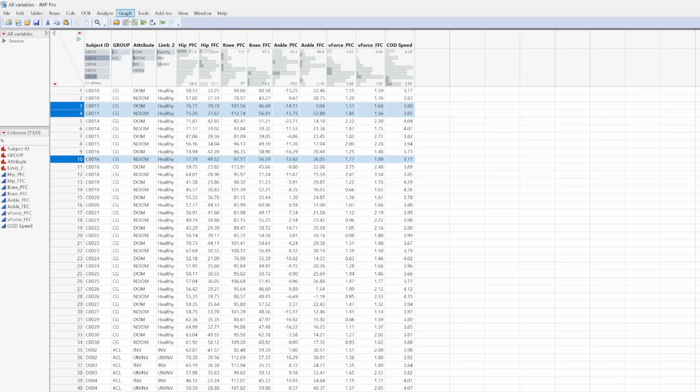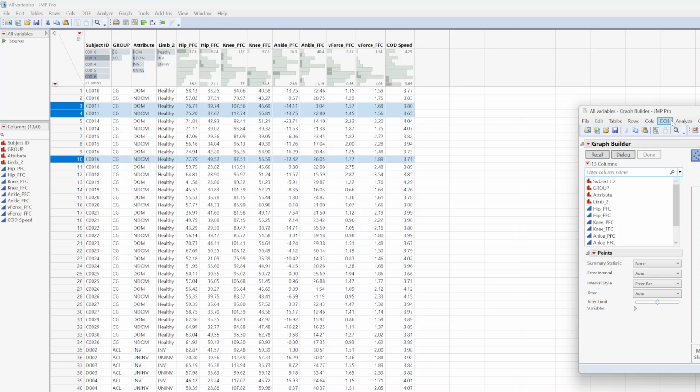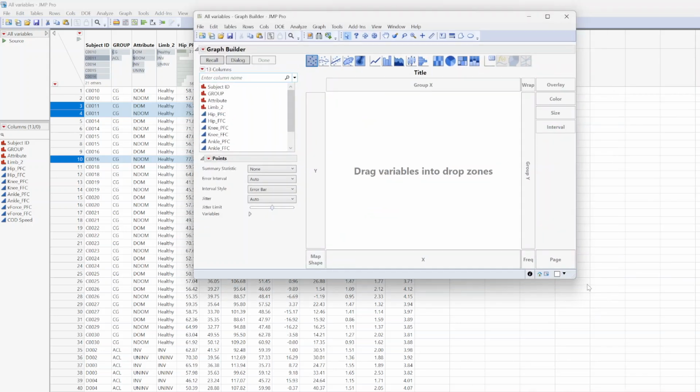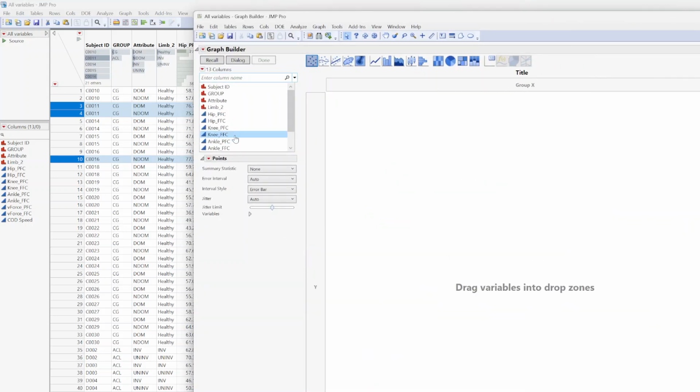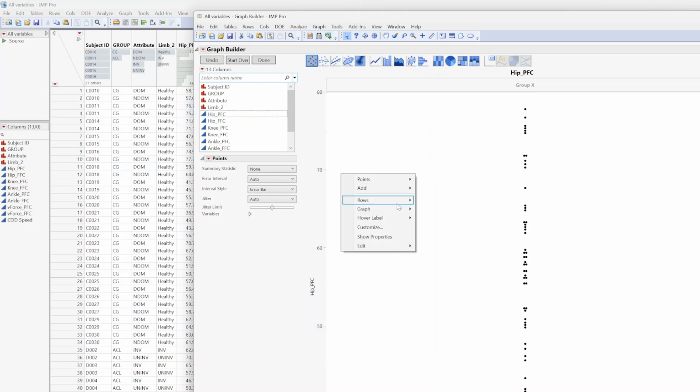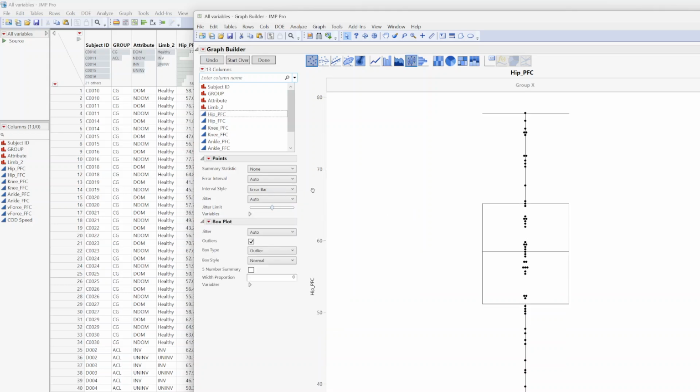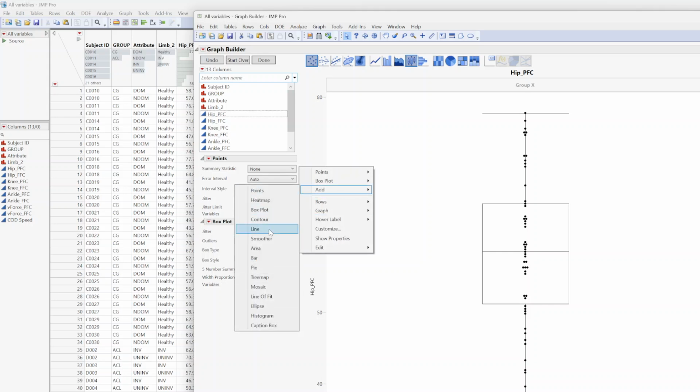Alright, now I want to graph these data. We'll bring across to the graph builder here. Just give me some more real estate here. We'll start off with the hip penultimate foot contact, have a look at that and build out our graph. Now this is probably going to be sensible for us to be plotting these all as box plots. We can do a whole bunch of customization here if we want, and in this case I'm going to add a line